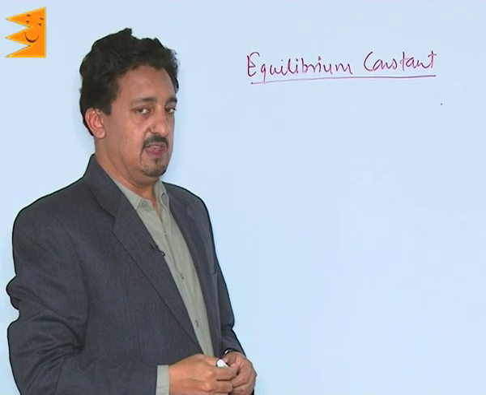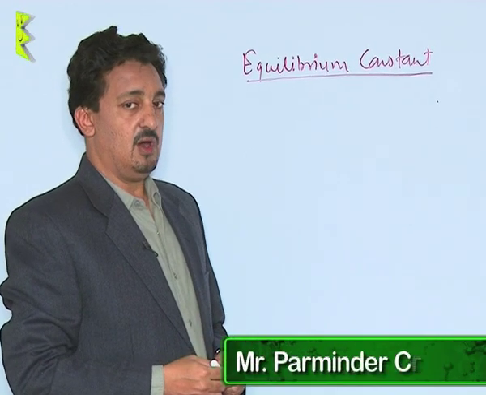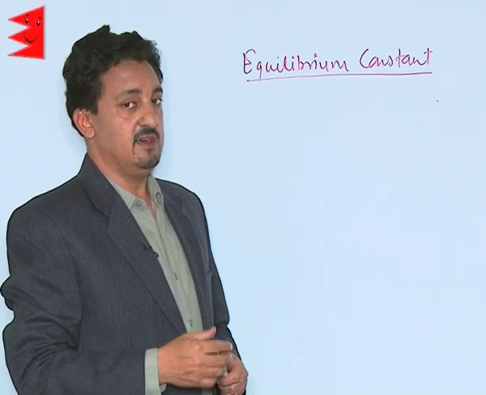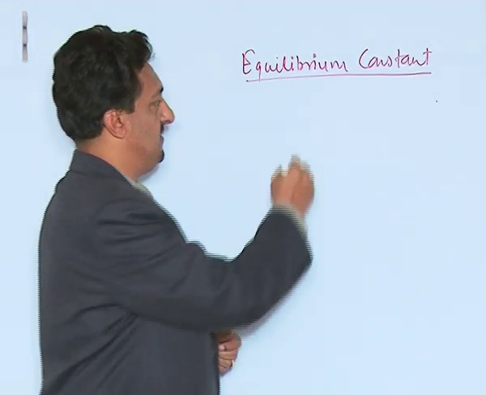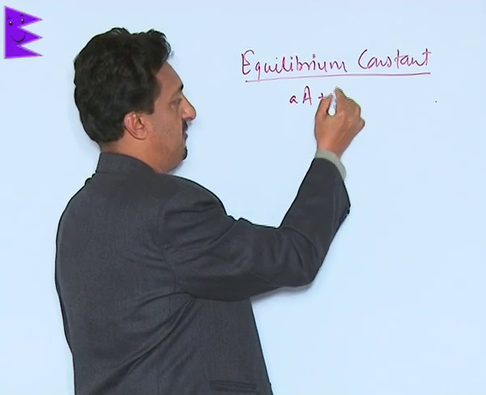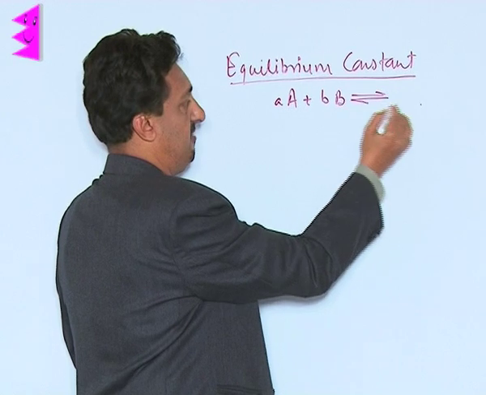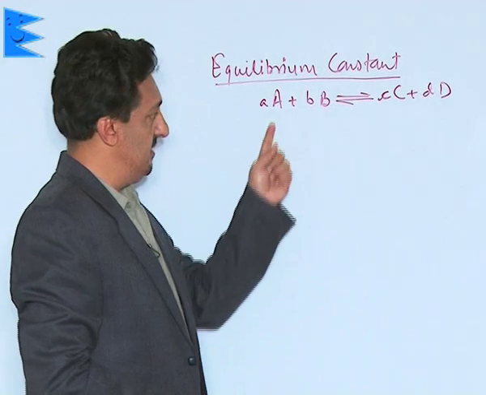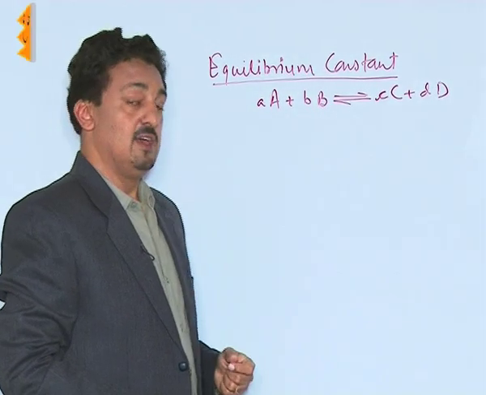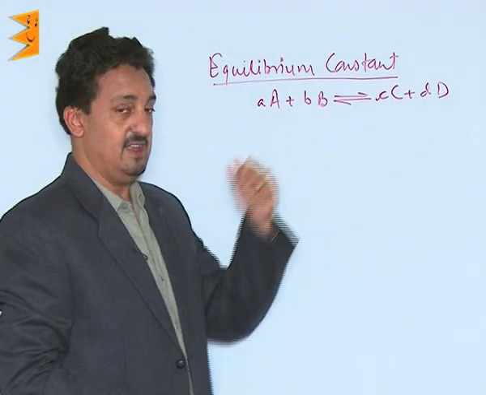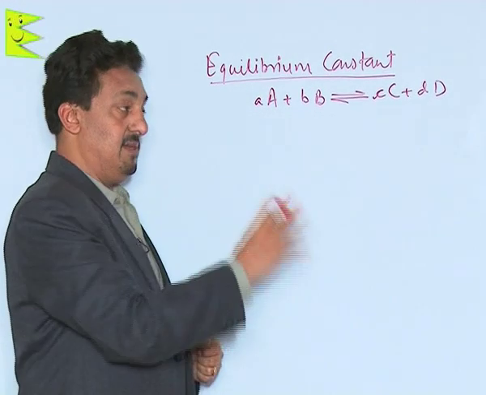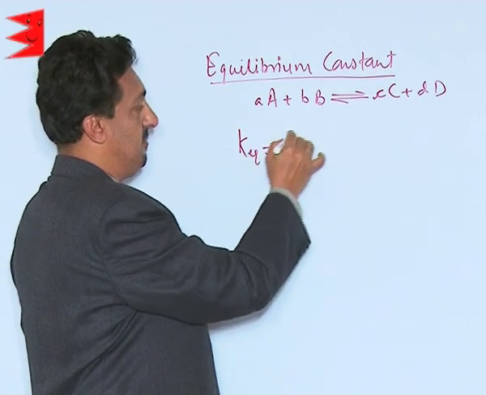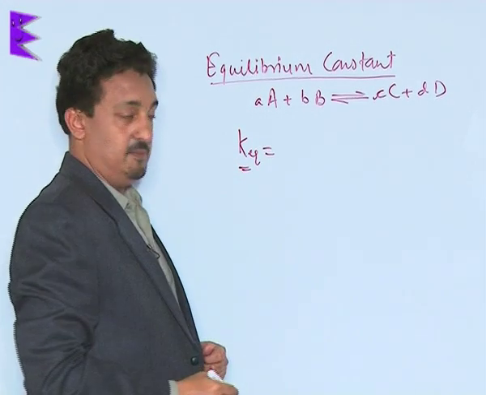From the law of chemical equilibrium, we already know how to write down the expression for the equilibrium constant for any reaction. Suppose we have a reaction in which a moles of A combines with b moles of B, giving c moles of C and d moles of D. The small a, b, c and d are the coefficients of the reactants A and B and the products C and D. Now from the law of chemical equilibrium, we already know that this equilibrium constant, which is K equilibrium,